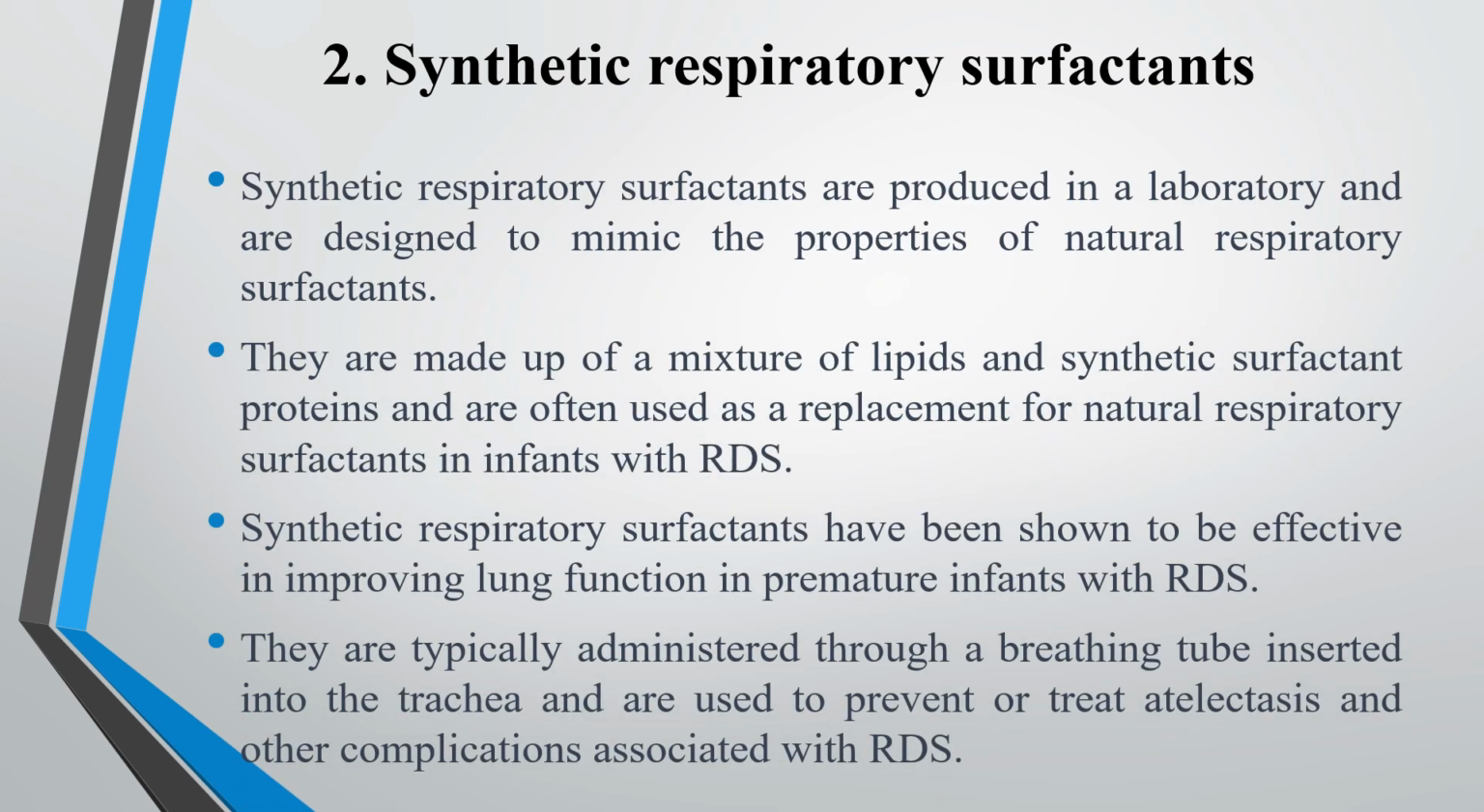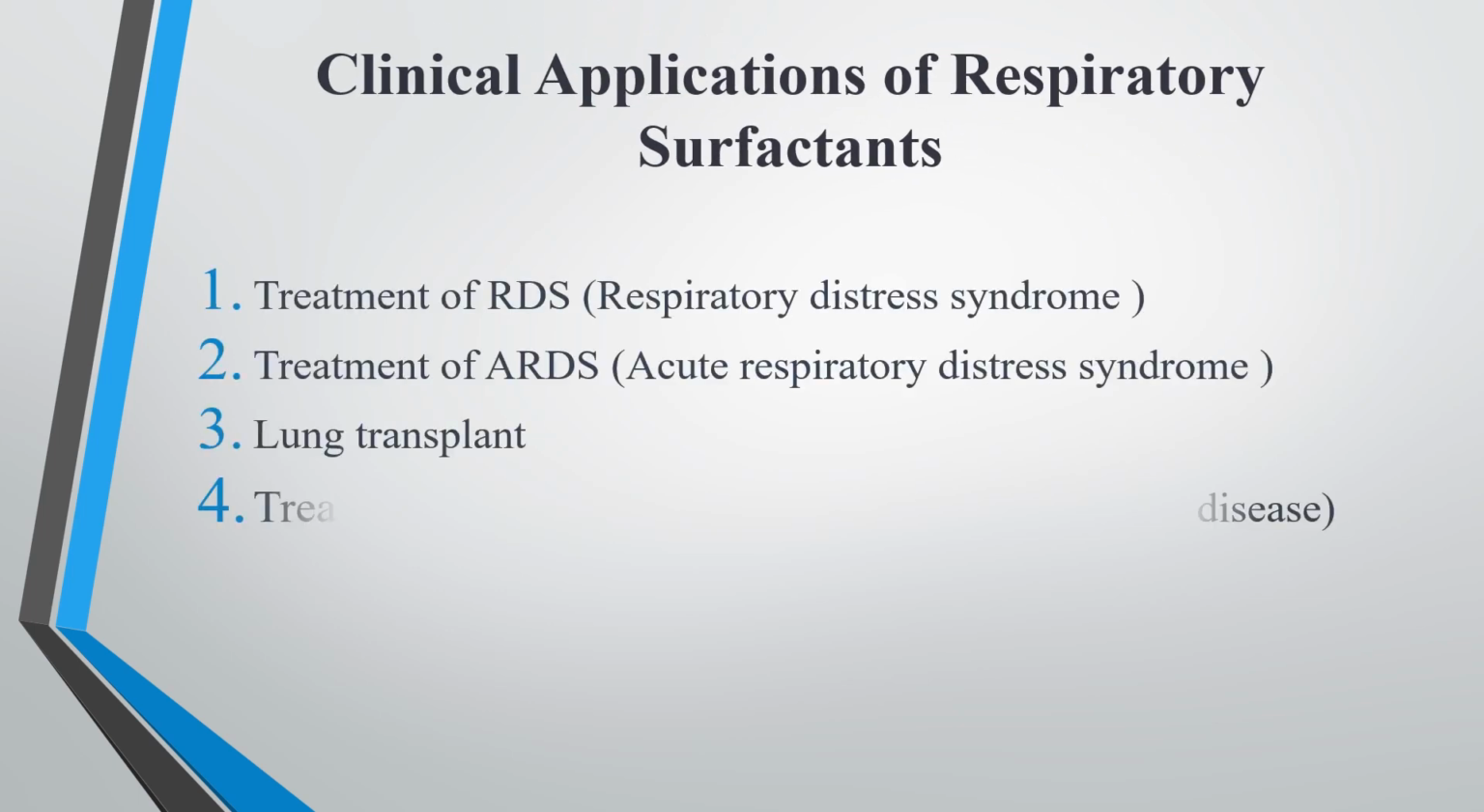The second type of respiratory surfactant is synthetic respiratory surfactant. This is a type of respiratory surfactant that is produced artificially and used as a medical treatment for respiratory distress syndrome in premature infants. Synthetic respiratory surfactant is composed of a mixture of lipids and proteins that are similar in composition to natural respiratory surfactant. However, synthetic respiratory surfactant is produced using recombinant DNA technology and is usually administered as a liquid directly into the lungs of premature infants who are at risk of developing RDS. Synthetic respiratory surfactant helps to reduce surface tension in the lungs and